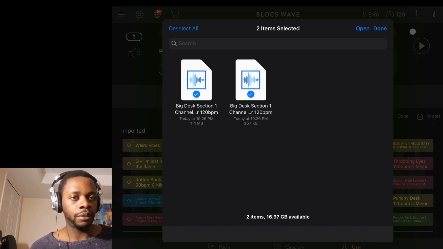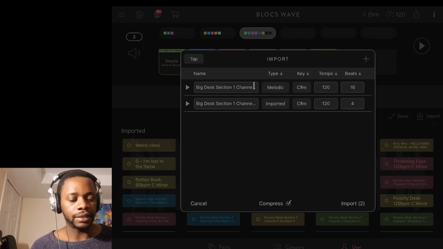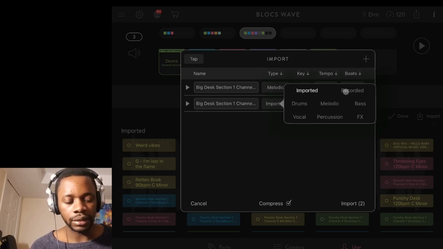Now the great thing whenever you make it with apps like Groovebox is that it automatically detects the style. So this is a melody, you got the tempo, you got the key in it. So next thing I want to do is,